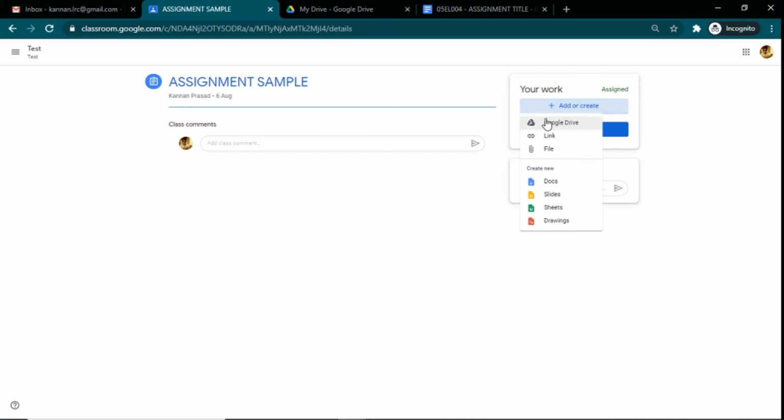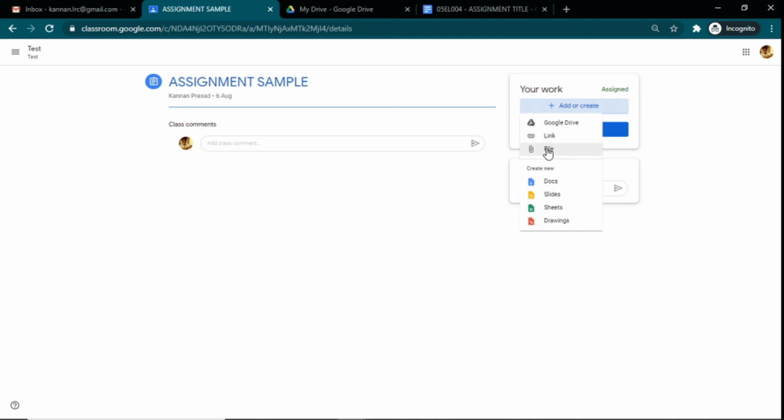Once again, it will ask you whether you want to go through Google Drive, meaning if you click on Google Drive, it will open the files that are part of Google Drive. That is what I'm going to do first now, but then let me explain the others also. Link is where, if sometimes you do not know where you have pasted the link, or if you are not using Google products, maybe you could click on link, right? So you can paste the link directly.